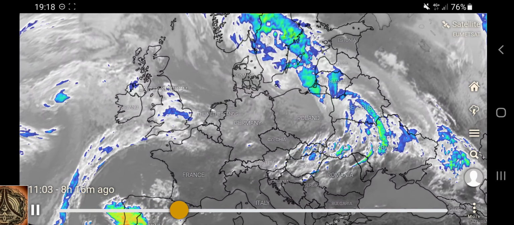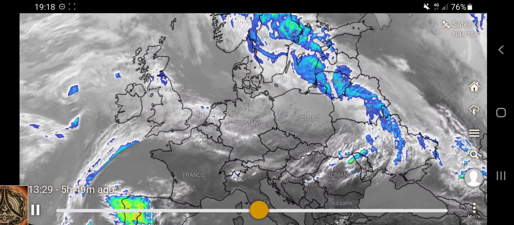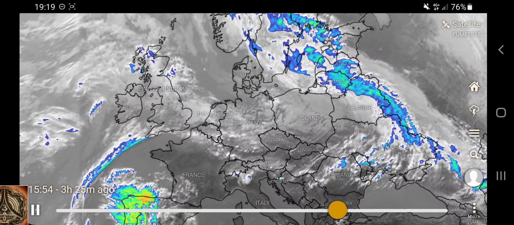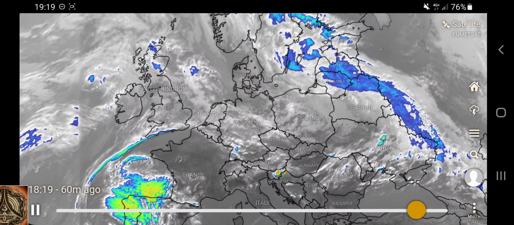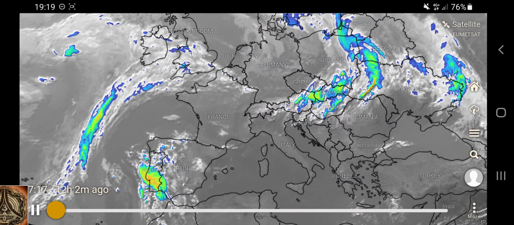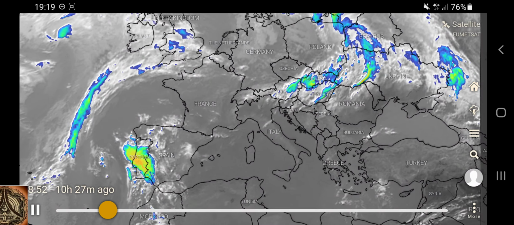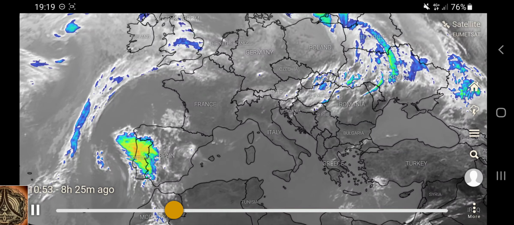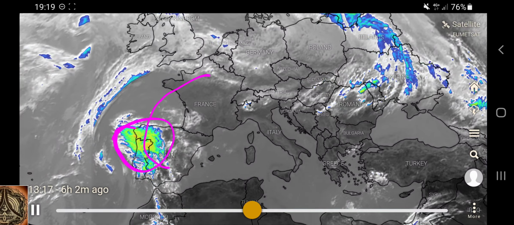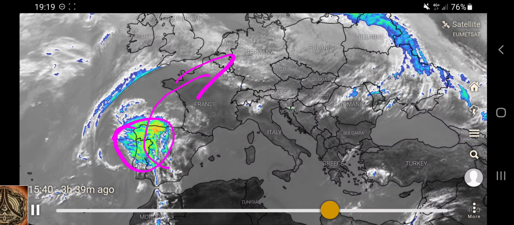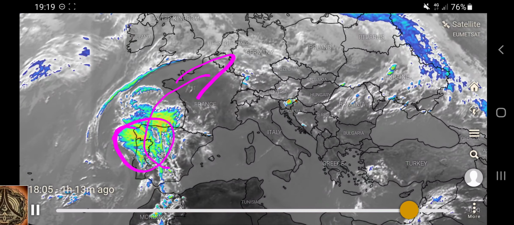It's crazy. And after that, a huge downpour event. And the next one is already coming. This one, I think it will turn into Central Europe in the evening, night.